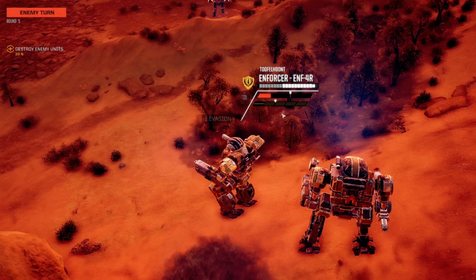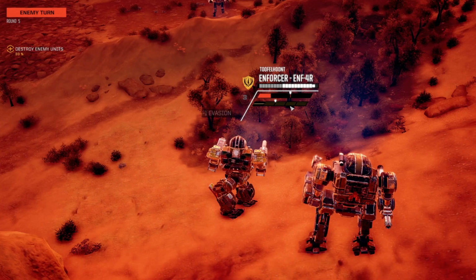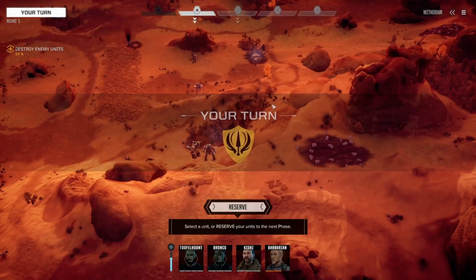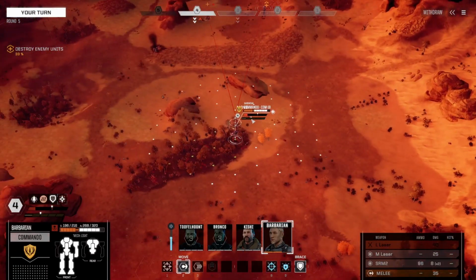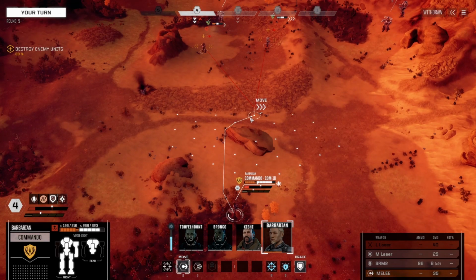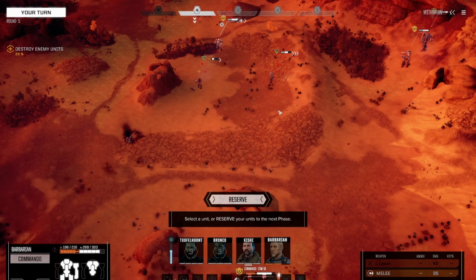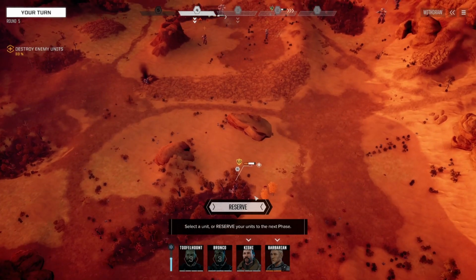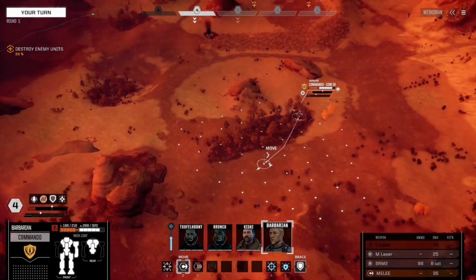I've got armor to give. Armor to give on the Enforcer. Damage minimal. Alright, Barbarian. Boy, I would... Okay, we lost the long laser. So he's only good... You know what? Oh boy. You know what? No, I can't reserve because I feel like I need to at least...